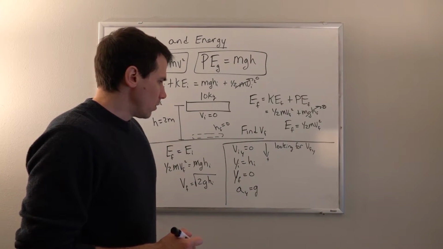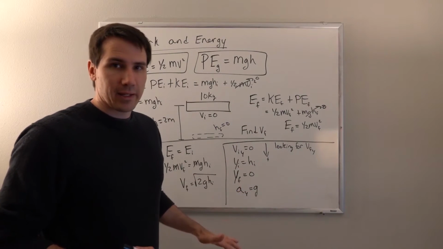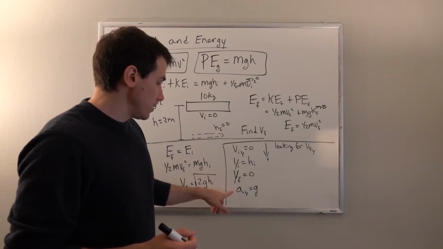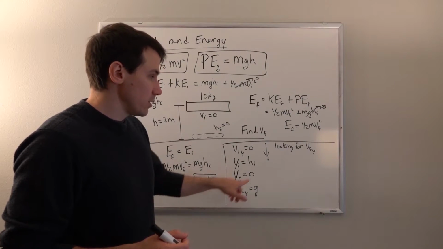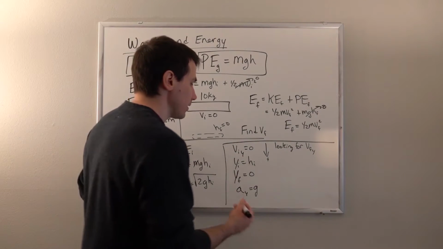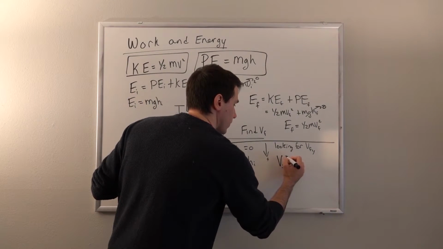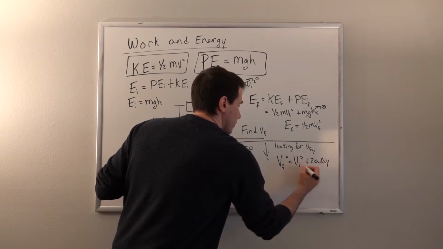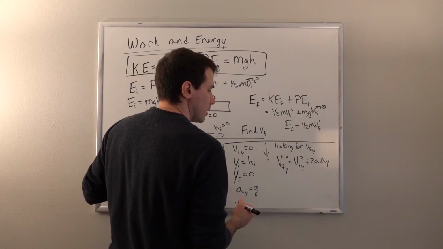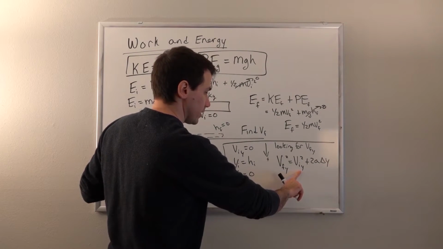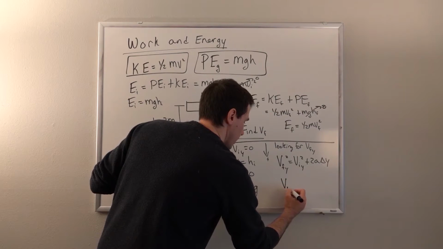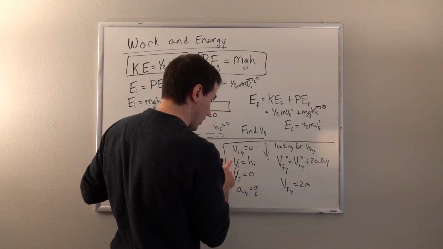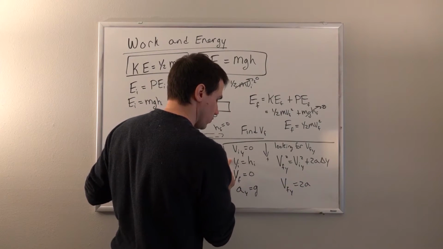Okay. Well, now we need to remember our kinematic equations and figure out, is there a kinematic equation where we can know the initial height and the acceleration and find v final? And luckily there is. It is v final squared equals v initial squared plus 2a delta y. We know that the initial velocity in y is 0, which leads us to vy final squared equals 2a. Delta y is y final minus y initial, which is,